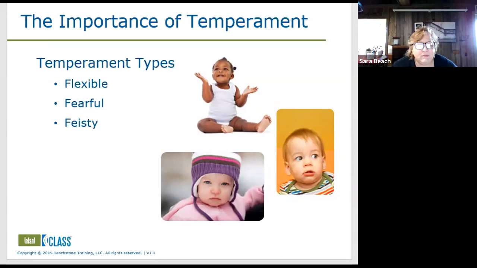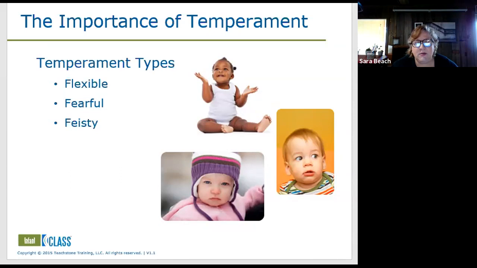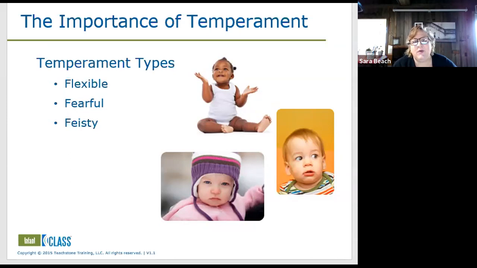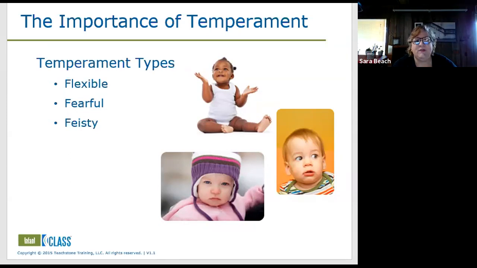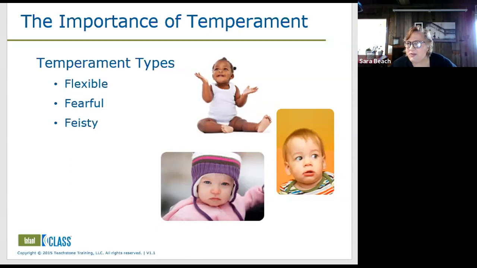It's wonderful. Another question to think about is, how would a caregiver who has herself or himself a somewhat feisty personality or temperament, how might they interact or react to a child with a different temperament? Is there a good fit, or is there a clash? We have to consider that with our teachers. We've got feisty, fearful, and flexible teachers, just as we do babies. And so it's something to talk about. Anybody have any comments or thoughts on that?